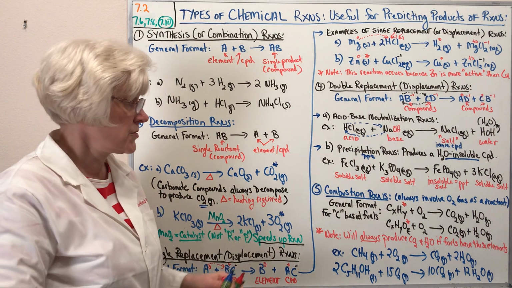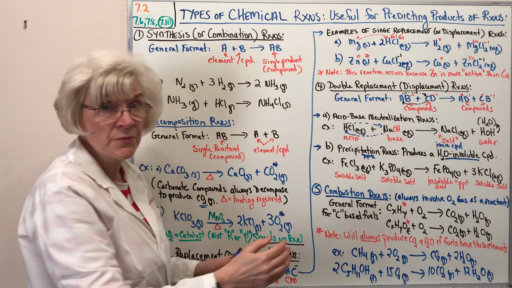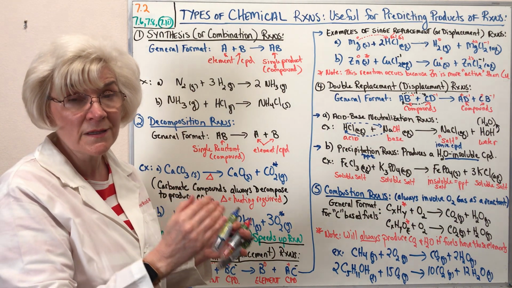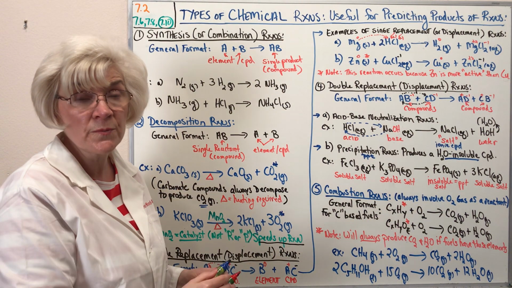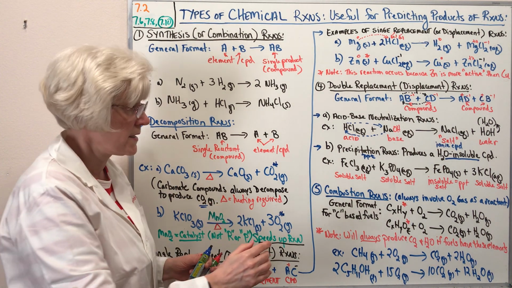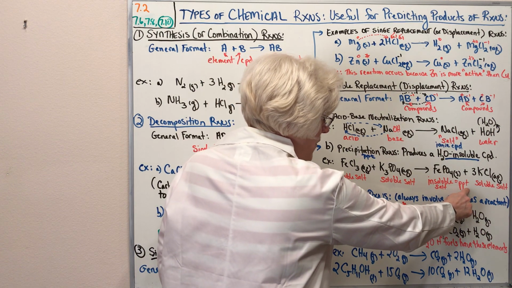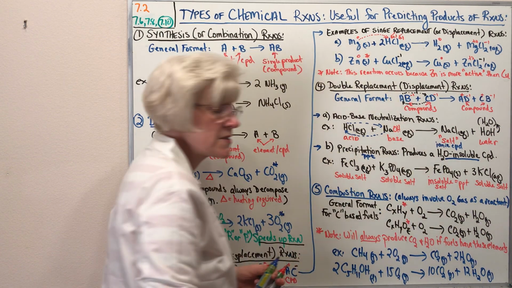When you mix those two solutions together, the solution mixture that is produced will immediately become cloudy and opaque. You will no longer be able to see light through it. It will not be transparent because you are producing an insoluble salt, which we call the precipitate, and that precipitate